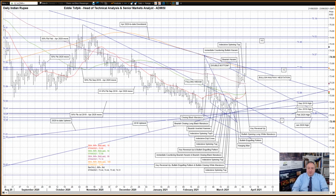US dollar against the Indian rupee. Originally I spoke yesterday of today's action looking like, and I quote, a seeming immediate countering bullish engulfing pattern, perfectly held in between the upper time overhead and the medium moving average below, end of quote. Well, it was at that time, but by the end of the day the top side had risen enough that we had a key reversal up. Admittedly not a great one, as it was on the back of the previous session's indecisive spinning top, but nevertheless